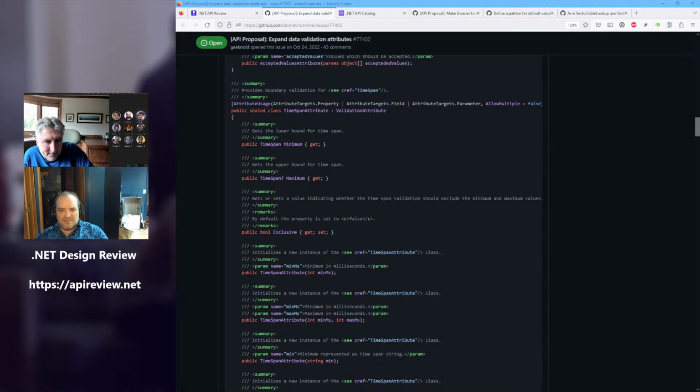You can, but you basically need to do a type of the thing that you want to compare, and then provide a string format for the lower bound and the upper bound, which is kind of awkward. That's already exposed as a separate constructor in range attribute. So this essentially provides an accelerator for specifying ranges in time span.